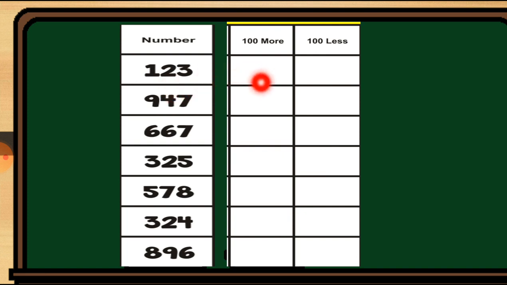123. So in the first column we add 100, and in the second column we cut 100 and then write down the answers. Let's see how. 123 plus 100 means 223, and minus 100 means 23. Example number 2, we add 100, it means 1047, and if we cut 100, we get 847 as the answer. Next one, 667. Let's add